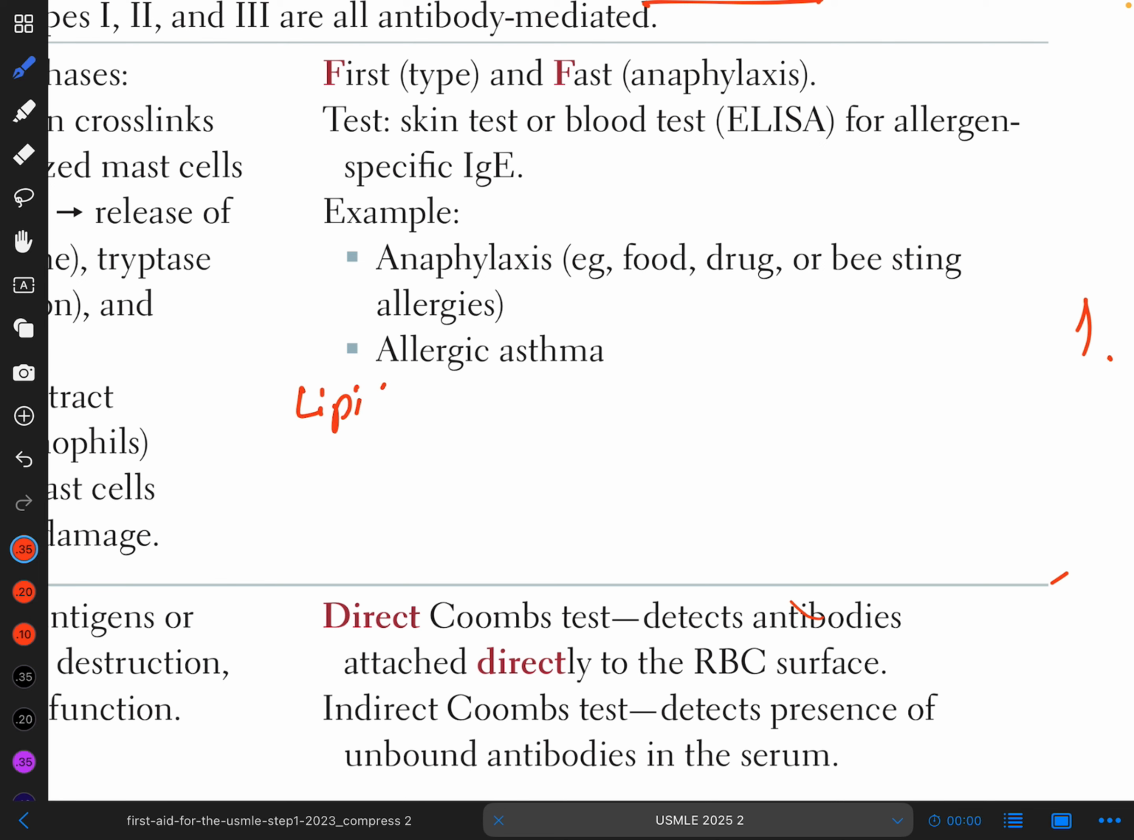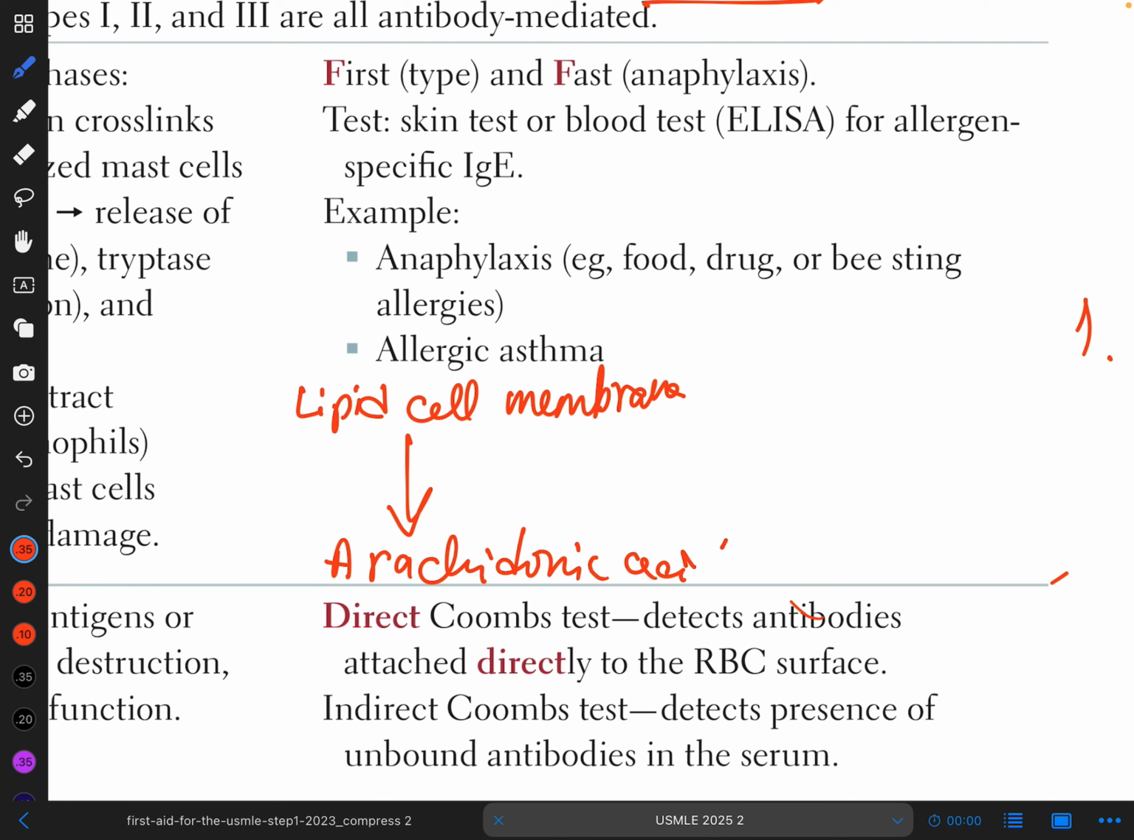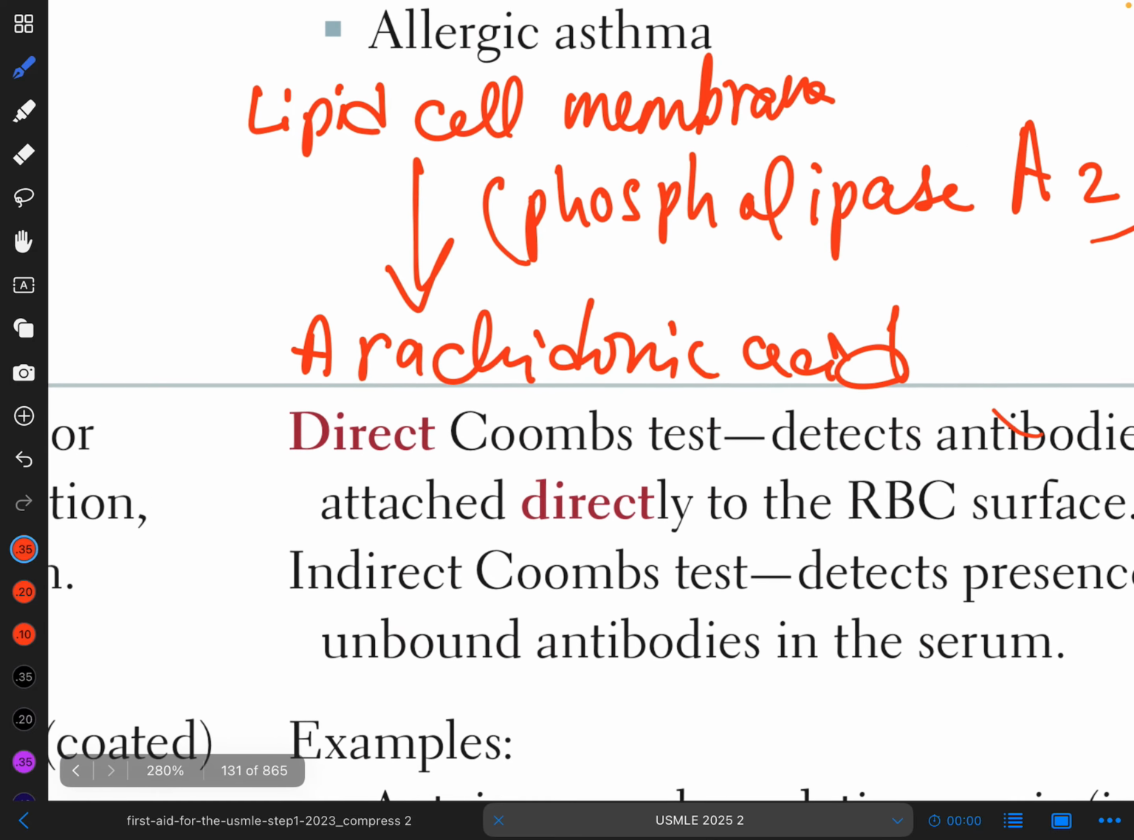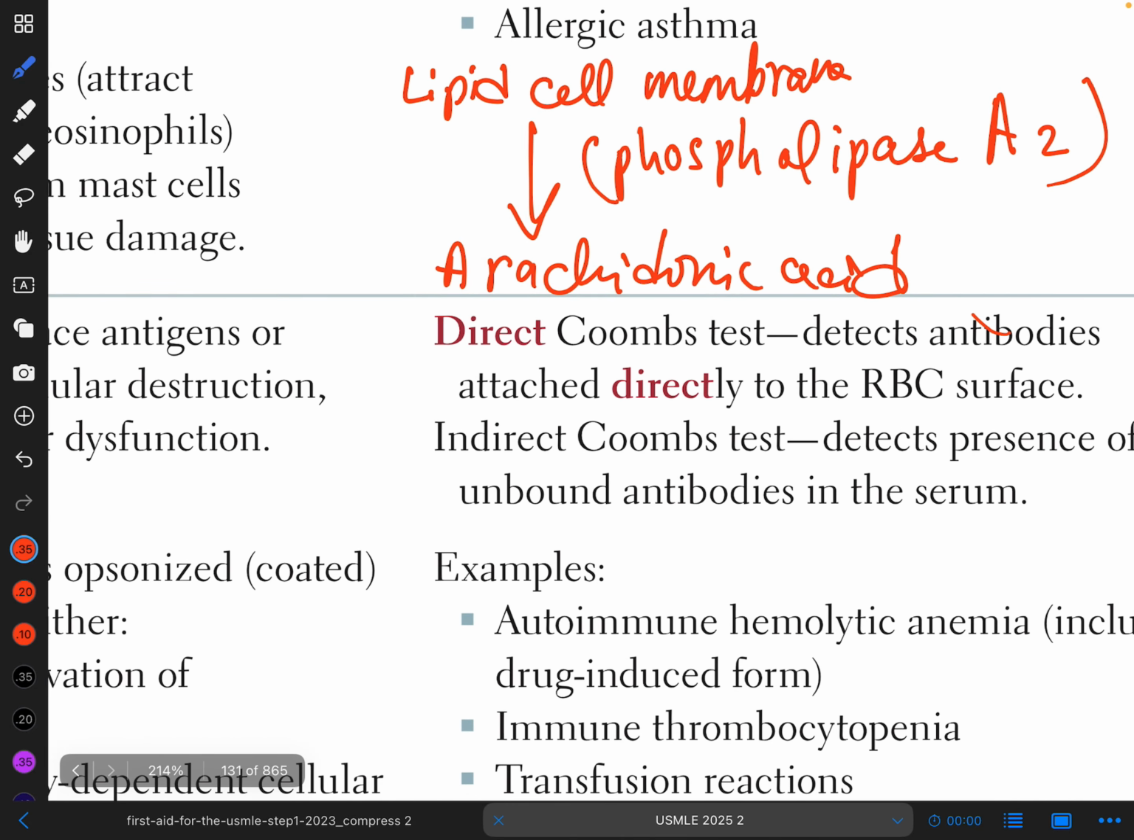Like this is a lipid cell membrane, and it is going to make arachidonic acid by the help of phospholipase A2. Okay, that arachidonic acid will then convert into leukotrienes,